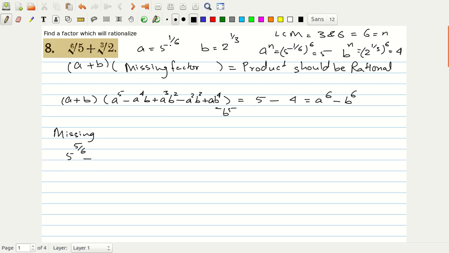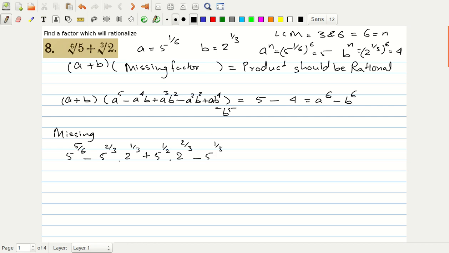It is 5 to the power 4 by 6, which is 5 to the power 2 by 3, times b, which is 2 to the power 1 by 3, plus a cube, which is 5 to the power 1 by 2, times b squared, which is 2 to the power 2 by 3, minus a squared b cube. So you have 5 to the power 1 by 3,